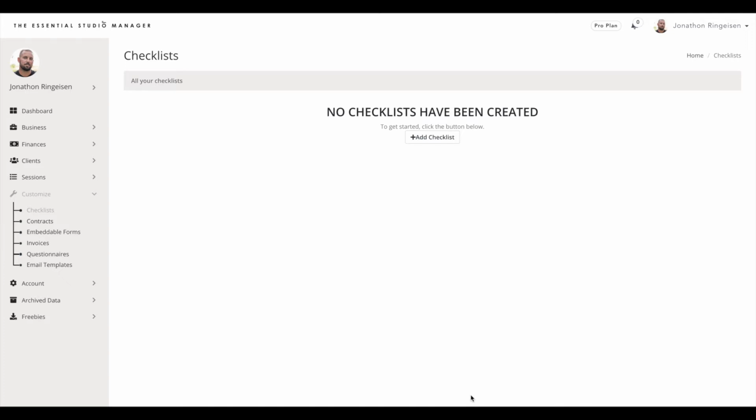What you're going to do after you set all your settings is create all your forms. To do this, you're going to go to Customize in the left navigation bar, and we'll start with Checklists. Checklists are a way to stay organized. You can assign a checklist to a client, so you can make sure that you complete all the tasks that you need to complete for that